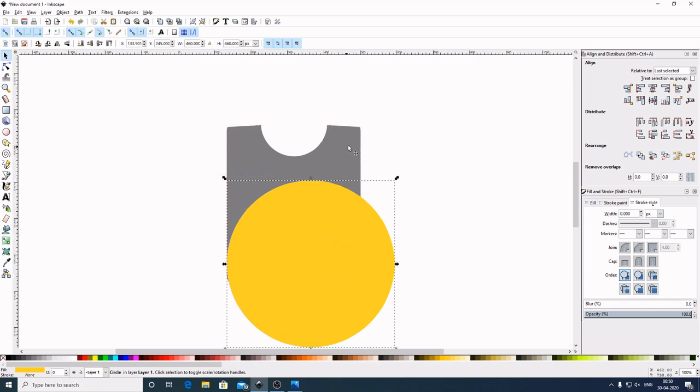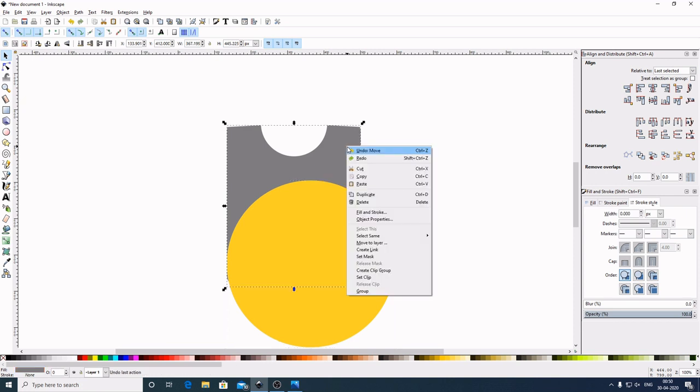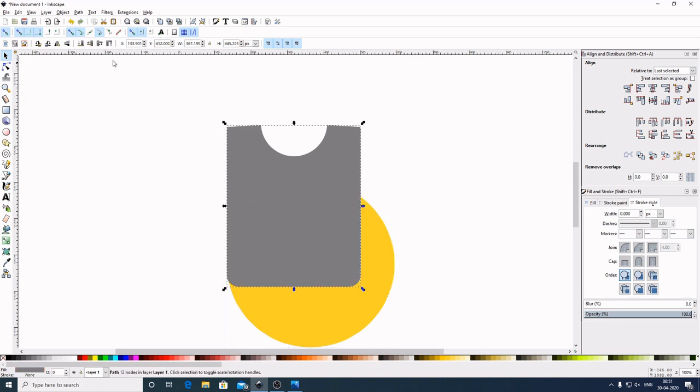Leave it. Now select this lower graphic, right click, duplicate. Now come up here and select this one, lower selection one step. Now by holding Shift on the keyboard, select the circle. Now come here to the path, intersection. Now come here to the color palette and give this a color. Now select out of the graphic to deselect.